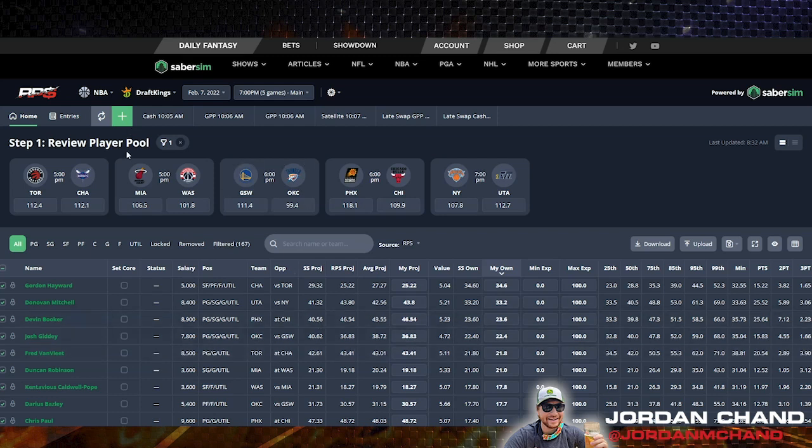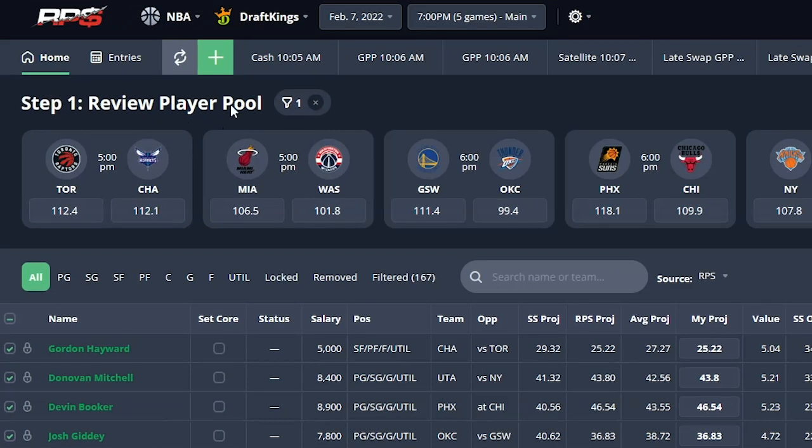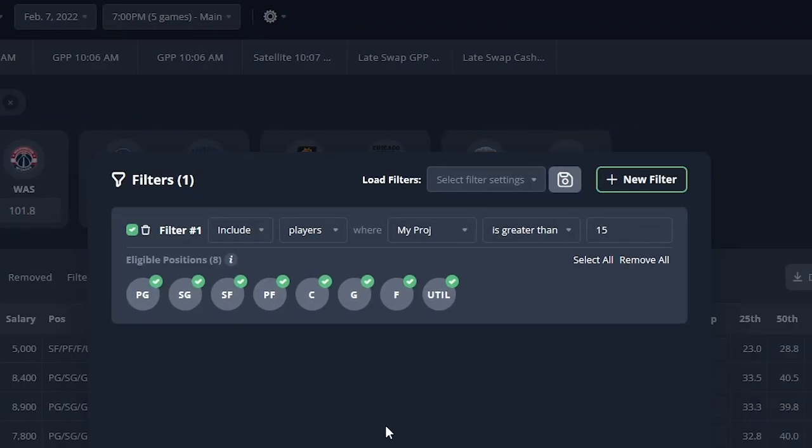Sabersim's player filters on step 1 are a really powerful tool to make large, sweeping changes to your player pool all at once. You can find this particular tool to the right of the step 1 review player pool header, next to the filter icon. When you click this, you are generally going to see for most sports our one default filter that we include